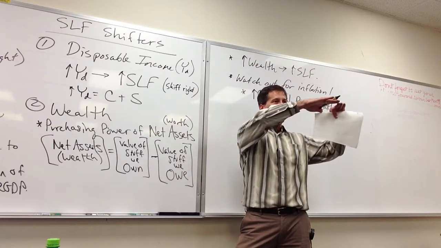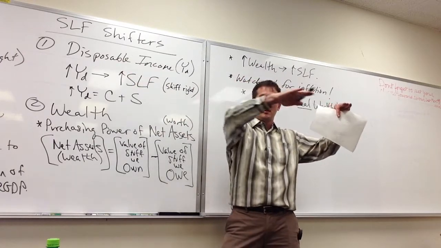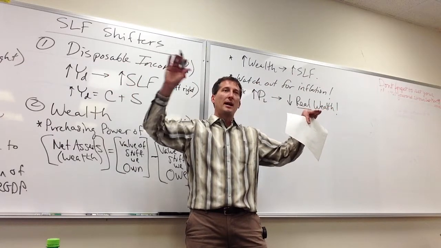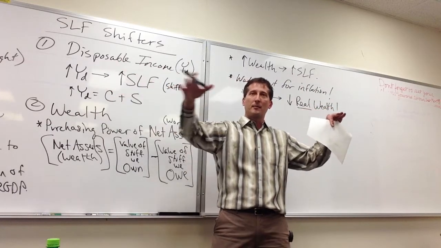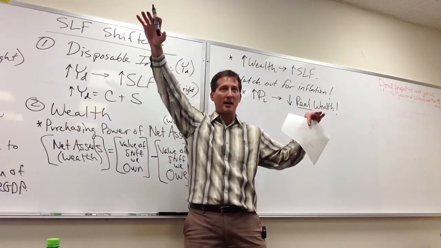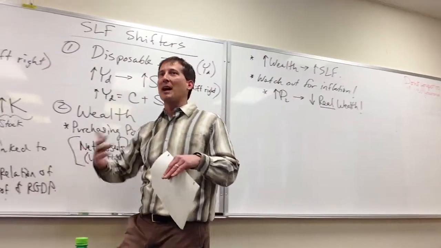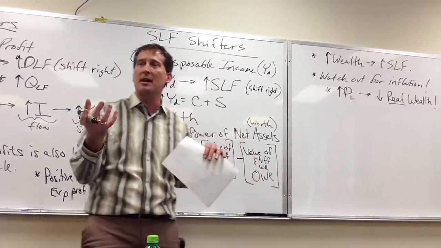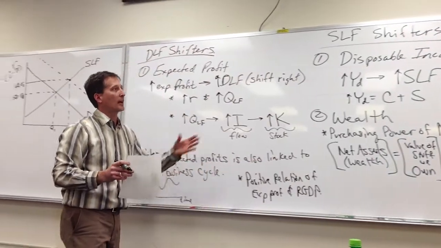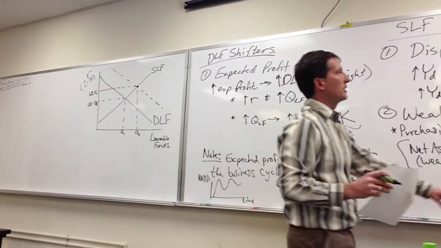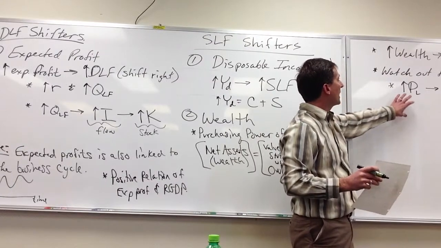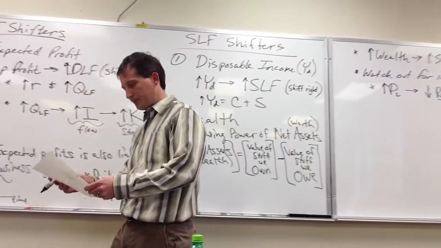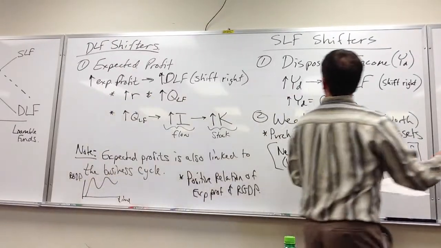But if you stay at $1 million from 2013 to 2033, and over that 20-year time frame the prices on the stuff at Walmart went up, does your $1 million buy as much as it used to? No. So your wealth has gone down. Your real wealth has gone down due to inflation. And that could cause you to change your savings behavior by increasing some savings to offset that. Okay, lastly, number 3